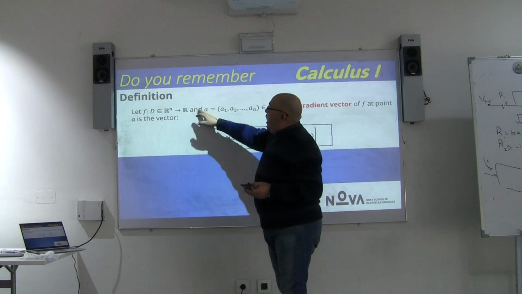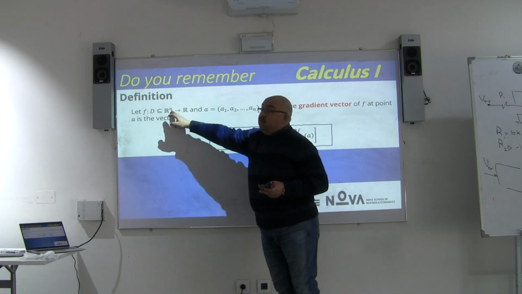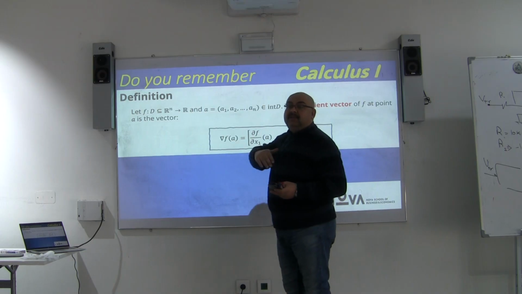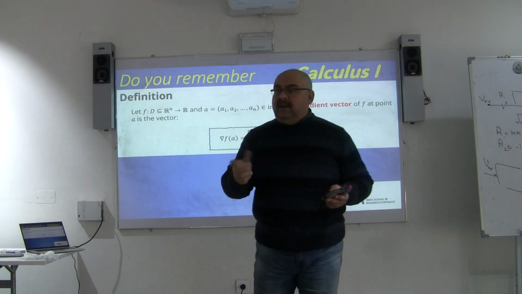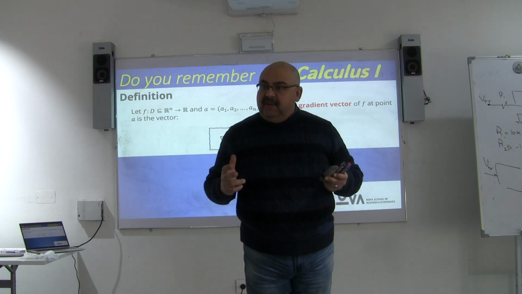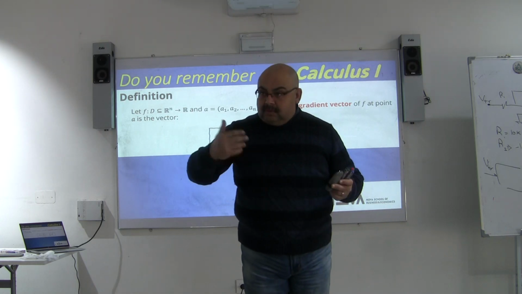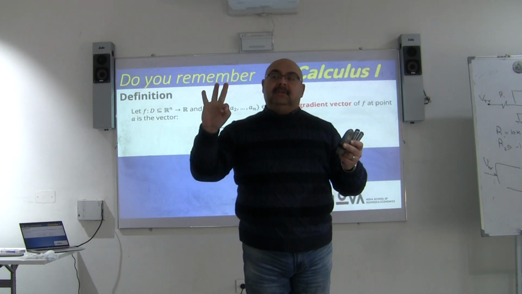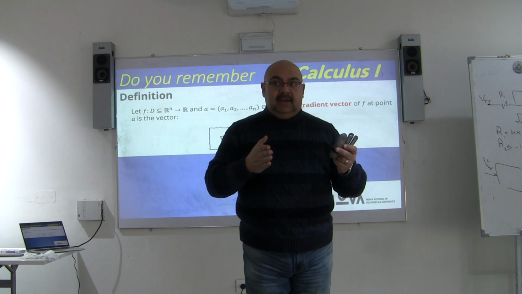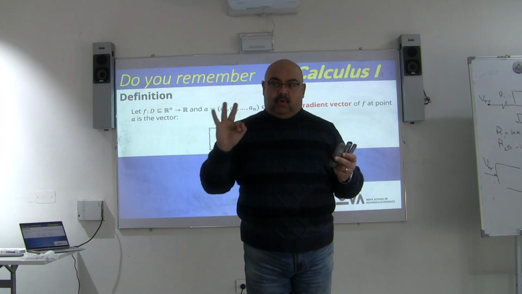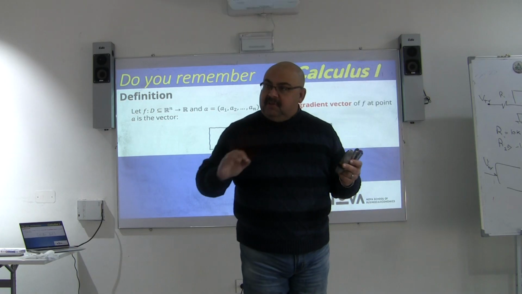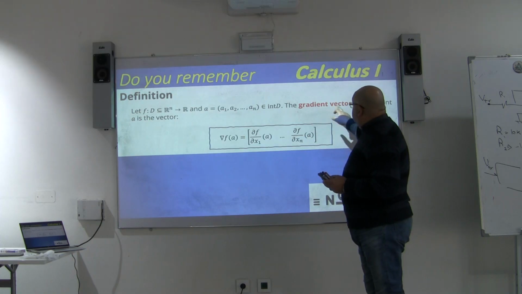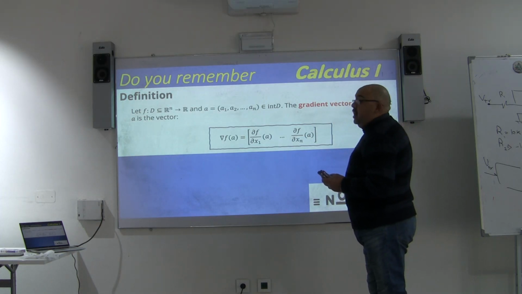Okay, continue. And a, since it belongs to R to the power of n, will be a1, a2 up to an. It's like R2, you will have x and y. So the points will look like (3, 5), (2, 4), or (-1, 0). You read me? If I have R3, how many components will I have? 3, like x, y, and z. So the points are supposed to have 3 coordinates, like (-1, 2, 3), for example. Okay, makes sense. It says, into D, the gradient vector of f at a point, I can get it very